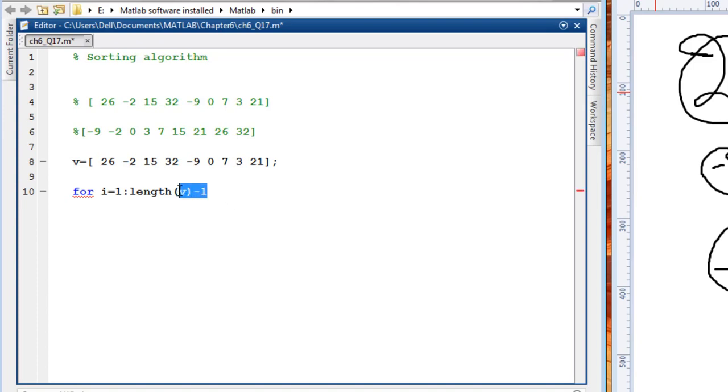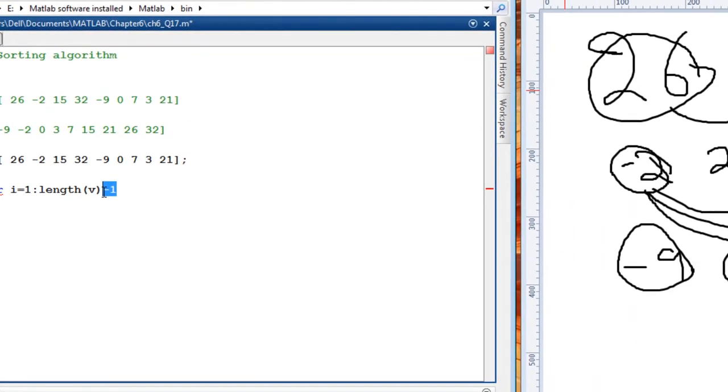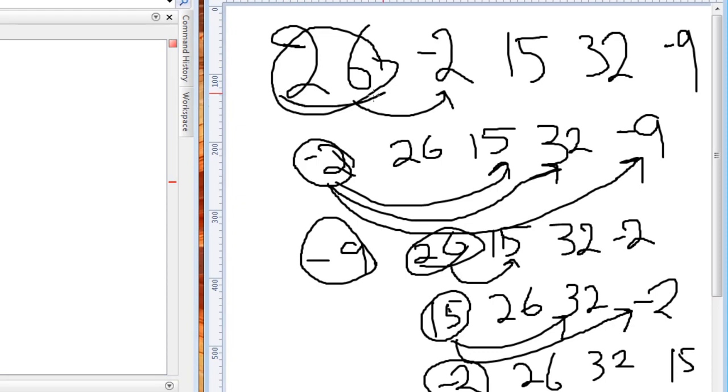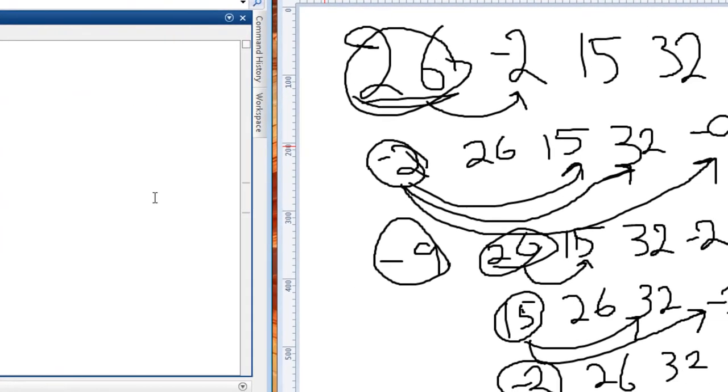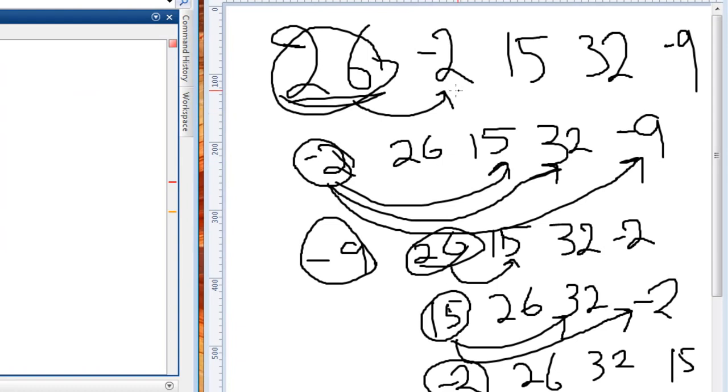Here we have taken one place because we have fixed the first number, so we are comparing with the rest of the numbers, which is the length of v minus 1. Next we will type end to make the pair. For comparing with the remaining elements, we will use a second loop, which is for j equal to i plus 1 and up to the length of v, that is this second number,